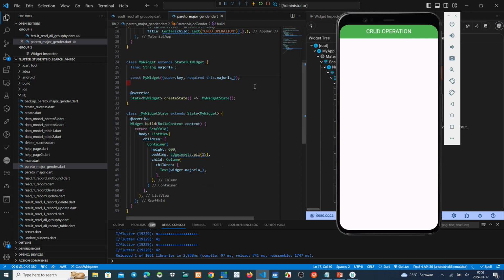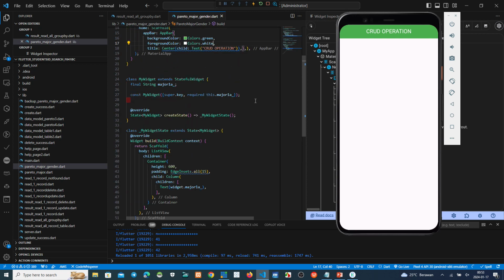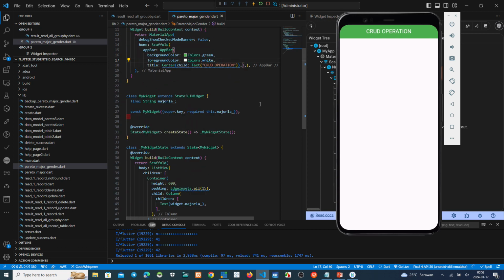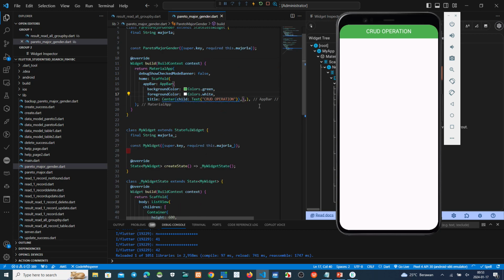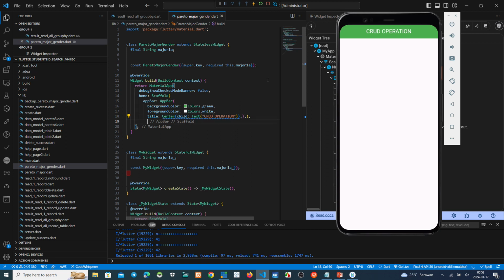Okay, now we check this one from the stateless widget. Where is it? Stateless widget. Okay, this one. Send the parameter to stateful widget. Let's see this one, body. Where is it, the body?